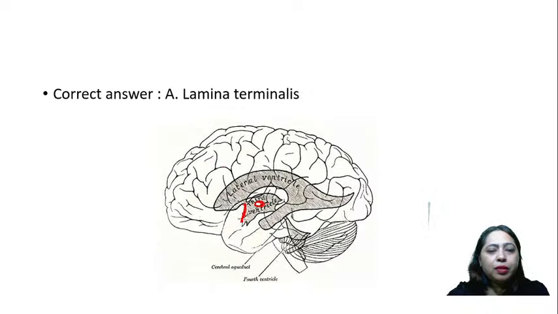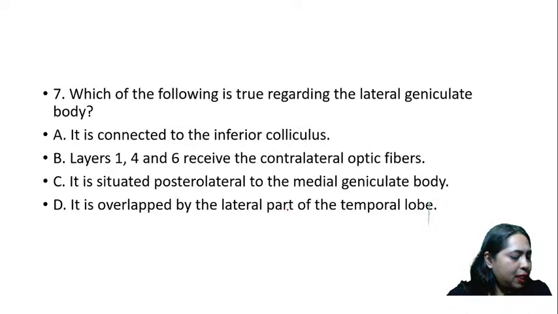And what is this one? This is the lateral ventricle. The lateral ventricle has got a body, an inferior horn, and a superior horn. All this you can see in the lateral ventricle. Okay, we'll move to the next one, the seventh one.